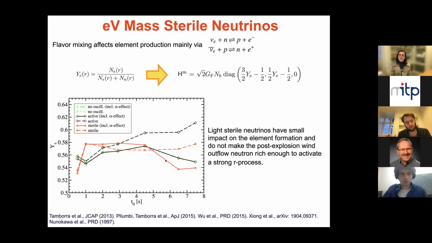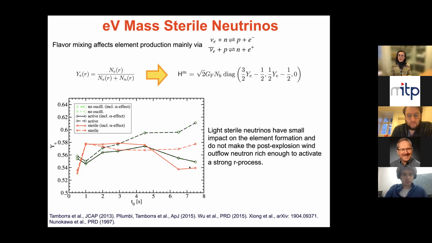And so in the past, again, light sterile neutrinos were proposed as possible candidates that would then push the YE below 0.5. And this was indeed happening if we forget about the fact that the neutrinos are also oscillating among themselves, and there are all these dynamical effects that need to be taken into account in the modeling. So if we do this, then we end up with a more conservative effect, which is described by this red line, which of course is suggesting that if sterile neutrinos exist, they would have an impact on the synthesis of the heavy elements in supernova,